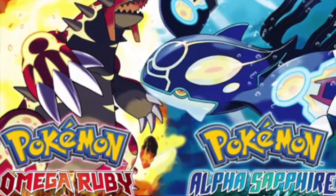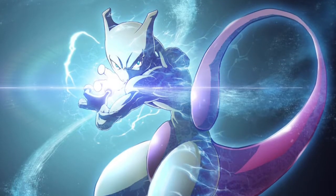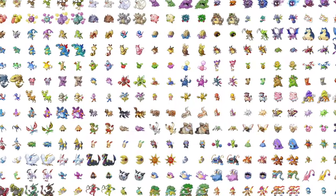Pokemon. These creatures range from the adorable to the awesome. And honestly, it's no wonder why they're so popular. I mean, just look at these things. They're so...